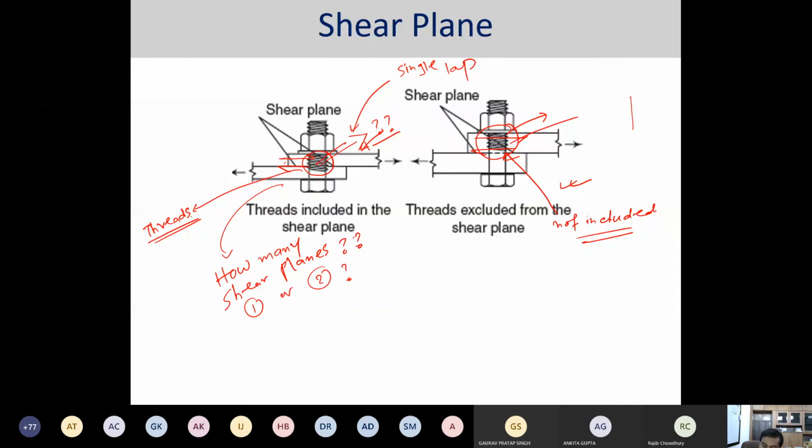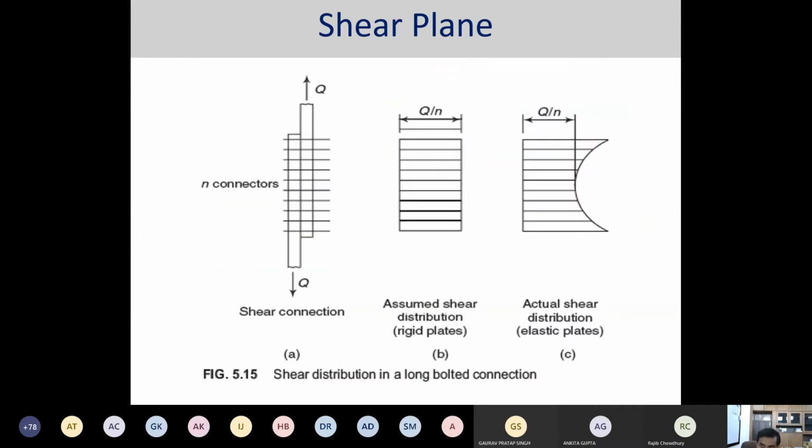Okay, in some of the portions we have said that the threaded portions are not included within the failure mode. In some of the cases we have seen that during the failure, the threaded portions are also excluded. So keeping in mind whatever we have done in the last class, let us now